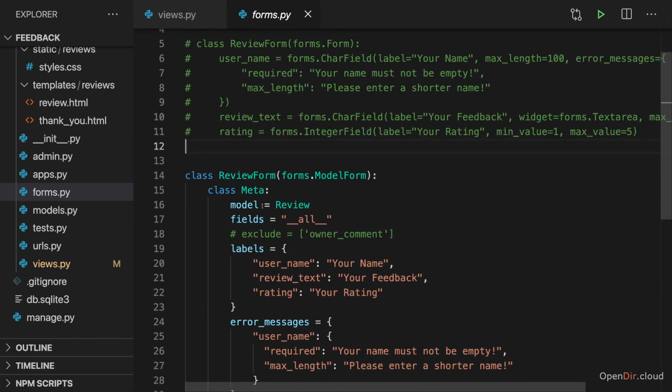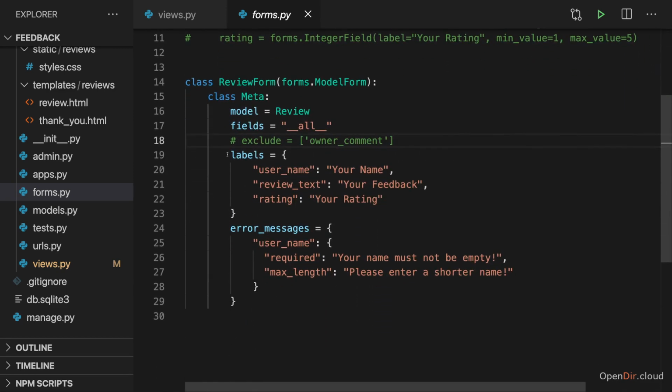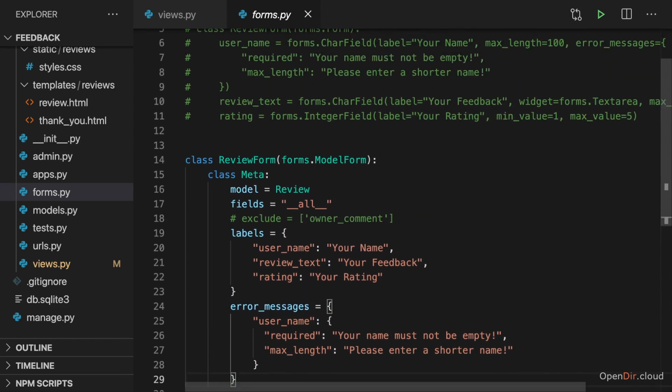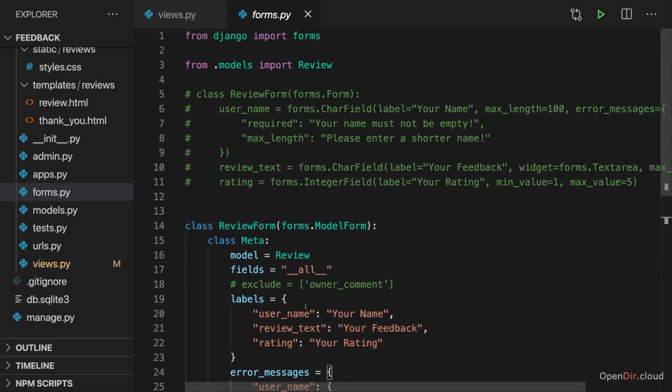Instead, we just tell Django which controls, which fields from our model we want to have as controls, if that should be all, or just a selected list of fields, or maybe all fields but some excluded ones. We can still configure them regarding their labels and error messages,